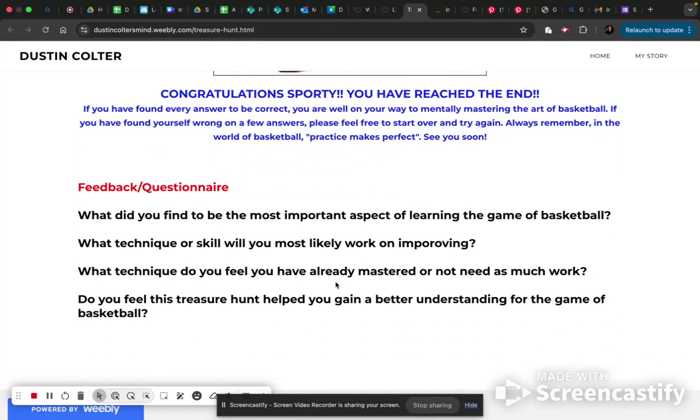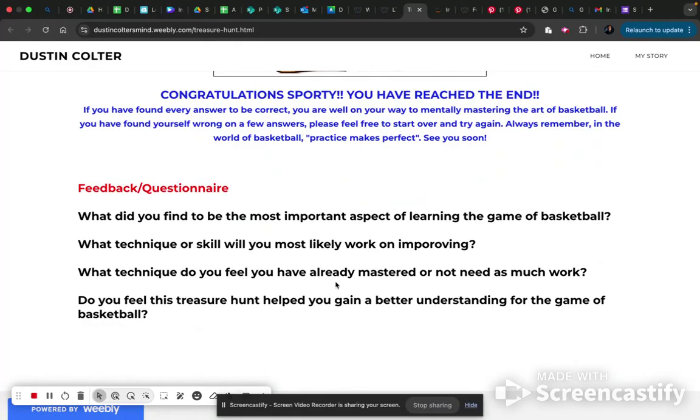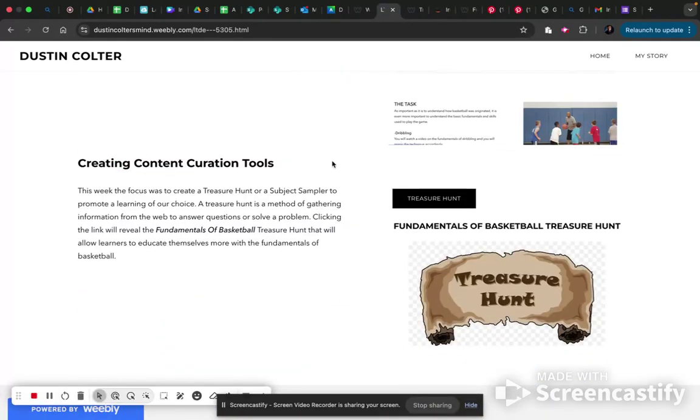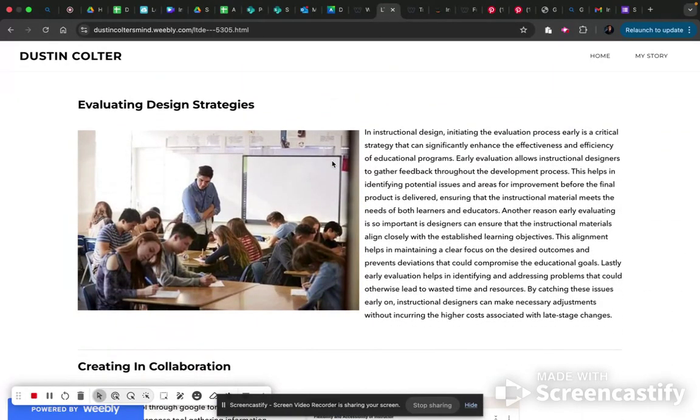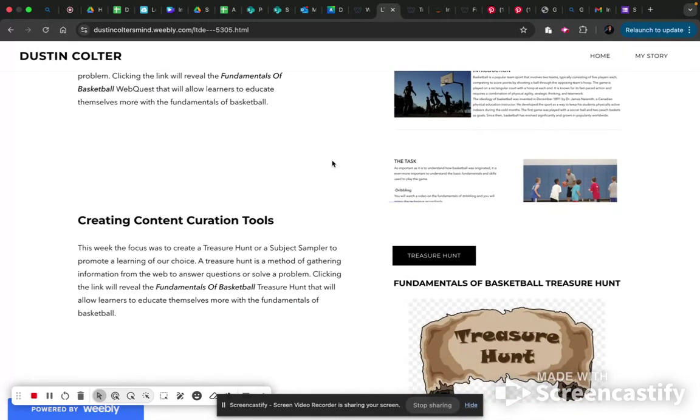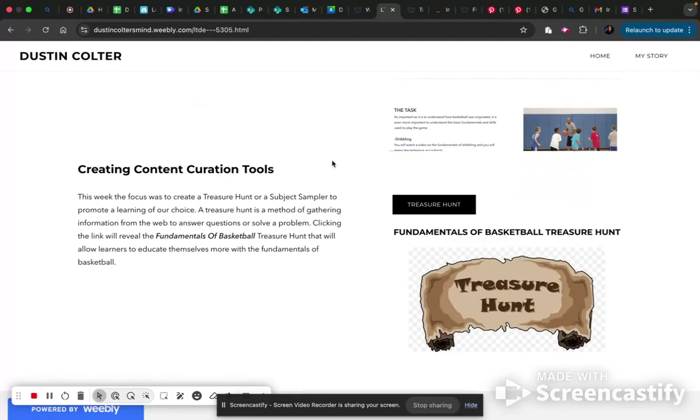I do have my feedback questions that act as more of an evaluation or assessment to have them understand what they know when it comes to that. And that is mine. I will try to incorporate more of these subject samplers, or in this case, a treasure hunt, into my future learning because I want to ensure that learning is centralized and student-centered, focused on the why. I think the treasure hunt is the best tool to use because it allows them to go and seek and find the answer,